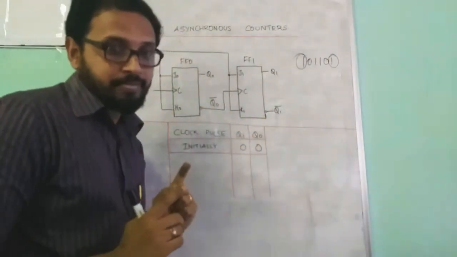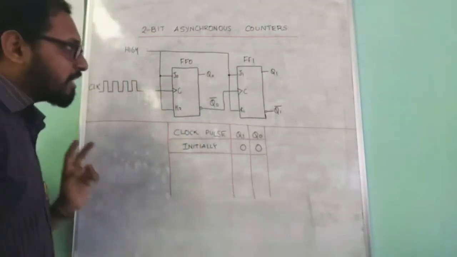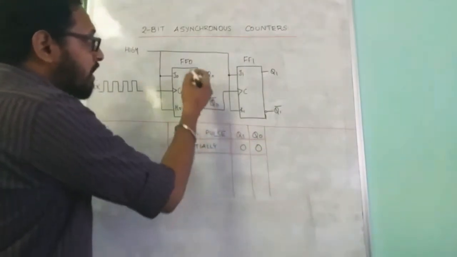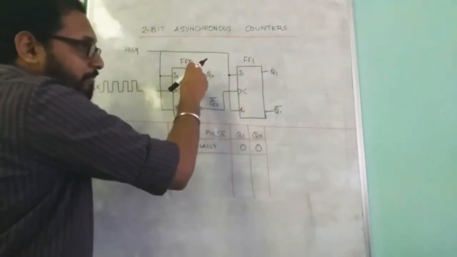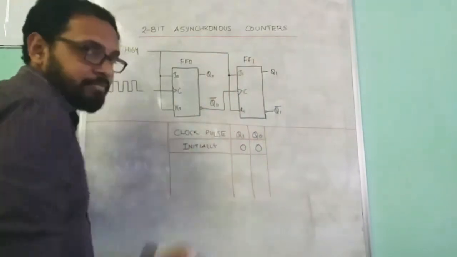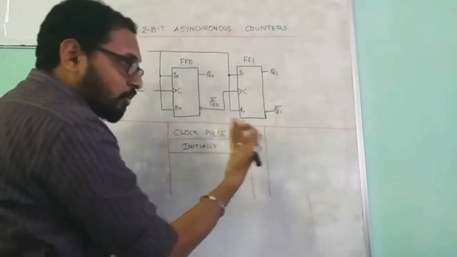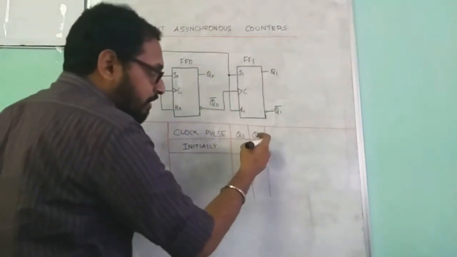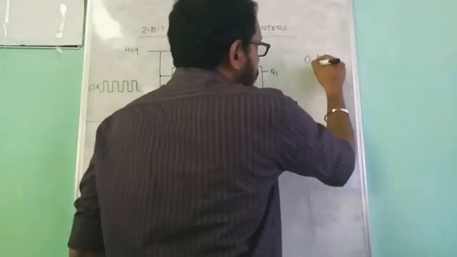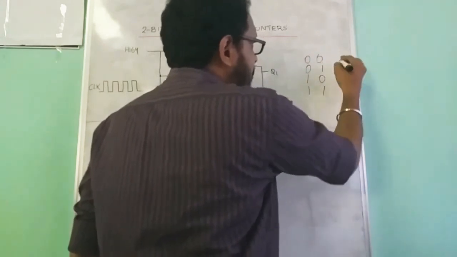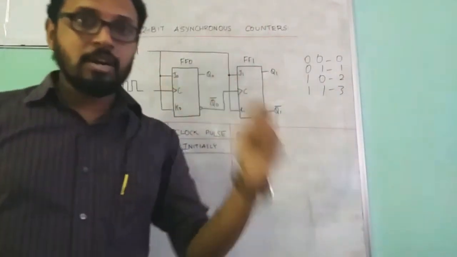In this case we will have only two outputs, Q0 and Q1. The clock pulse will be given to the least significant flip flop, and the most significant flip flop will be this. Clear? Here it is Q0 and here it is Q1, but we write them in order for us to understand. In the way that we write our series, that is 00, 01, 10, 11, this is 0, this is 1, this is 2, this is 3. We need to create such a counter.